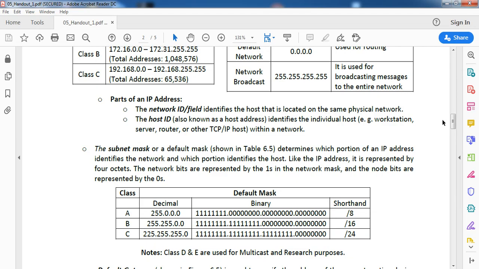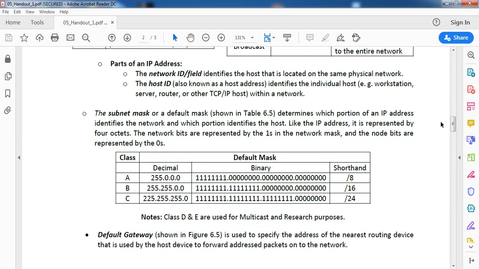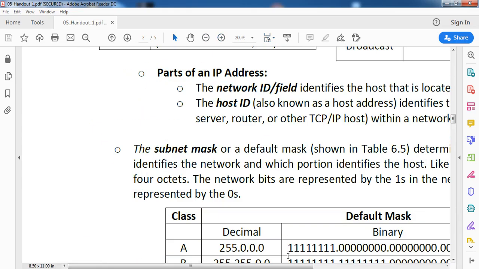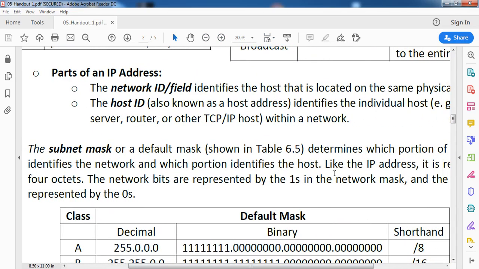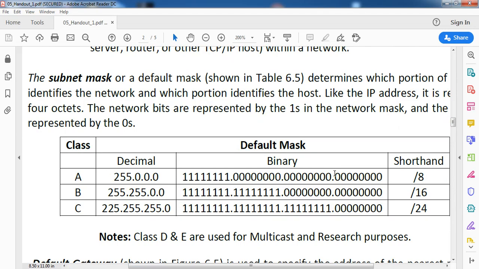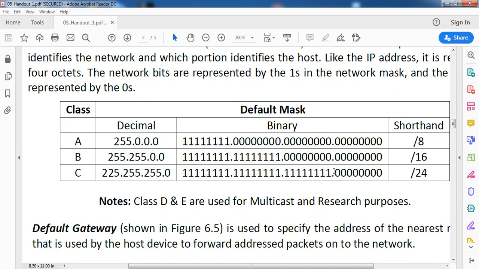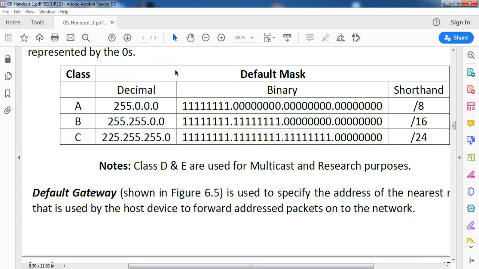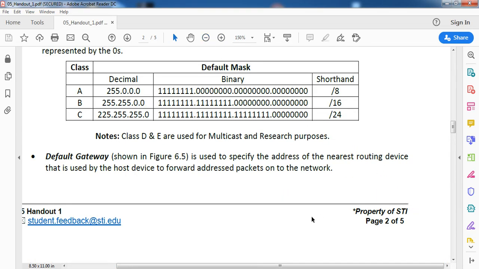This is used by our devices to be able to separate the host ID from the network ID for the IP address. Now, depending on the class of IP address, it uses a different subnet mask. So shown here, we have the one for class A, class B, and class C. We defined what the default gateway is,